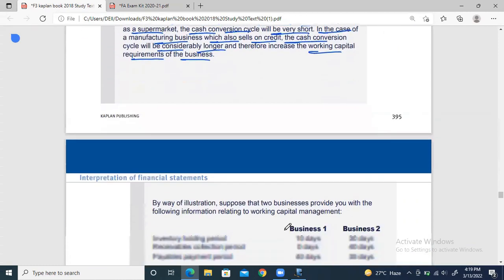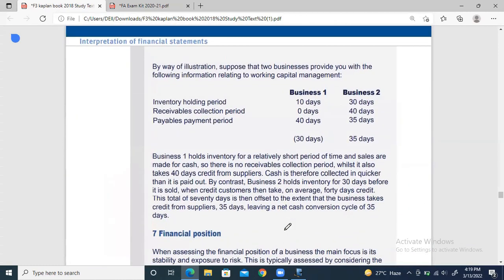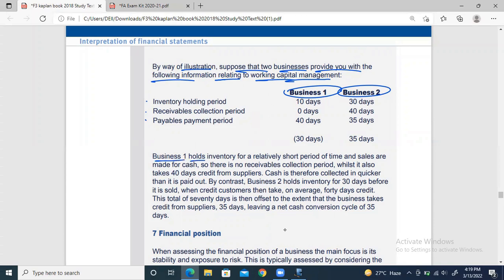Now over here it's explaining an example as well. Let's read this. By way of illustration, suppose that two businesses provide you with the following information relating to working capital management. This is business one, this is business two. All three pieces of information are given: inventory holding period, receivables, and payables payment period. Business one holds inventory for a relatively short period of time, just 10 days. The inventory comes in on 1st March,